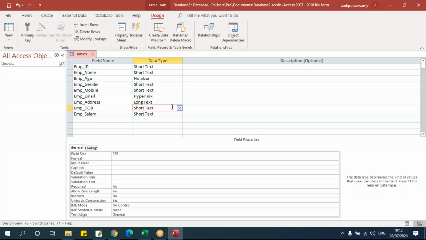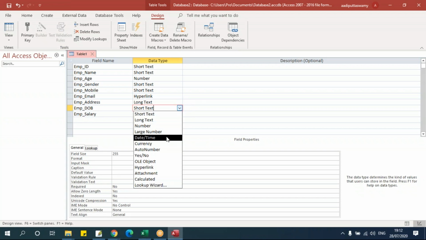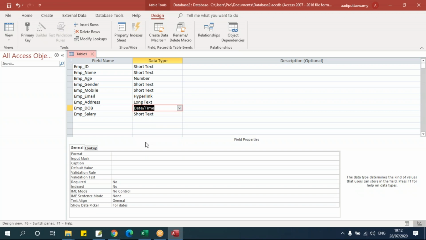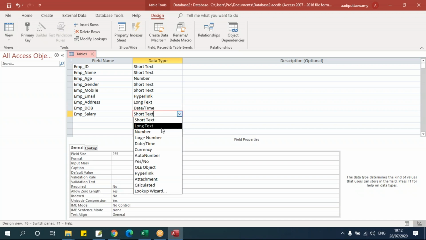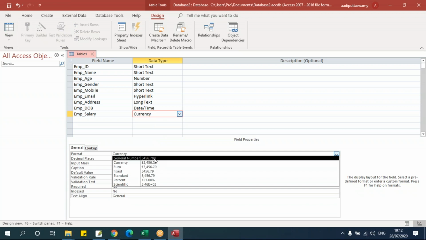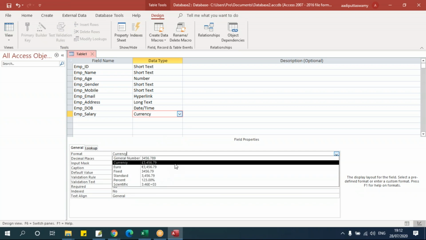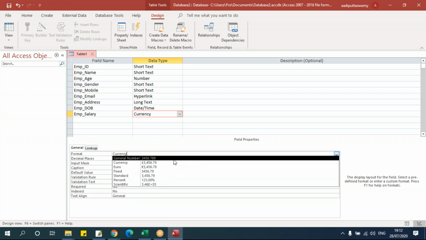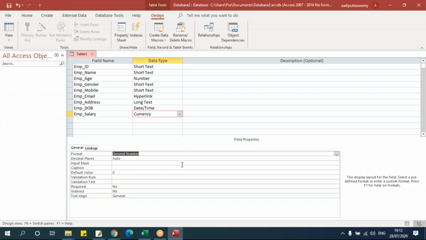Okay, fine. Next one is date of birth. Date of birth means it is actually a date format. Let's click here. I have this date time. Select this, and this will get changed to date format. That means I can enter a date instead of entering some text or unwanted data. Salary, we'll take it as currency. Here we'll have currency. See, I have taken this currency. You can change the format if you want, whichever format you want. You can select here. As of now, I'll just keep it as general.